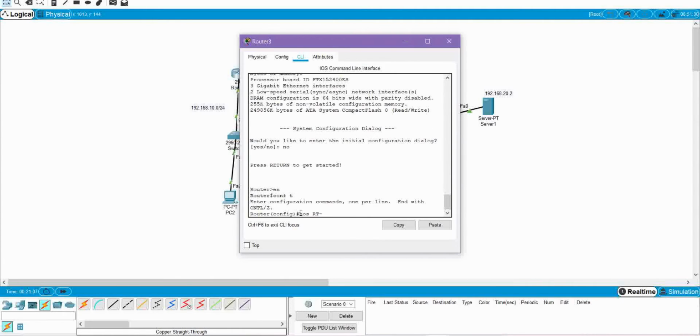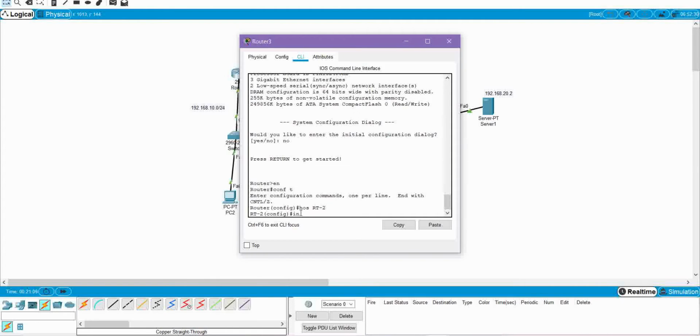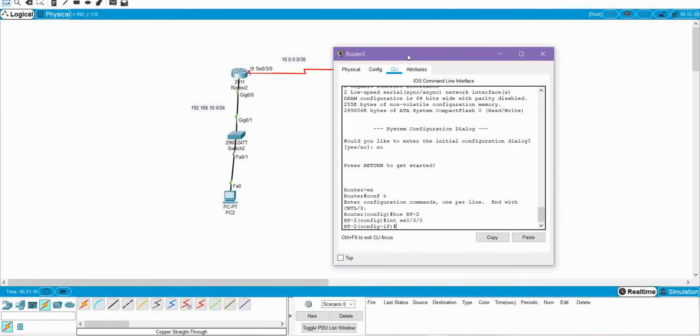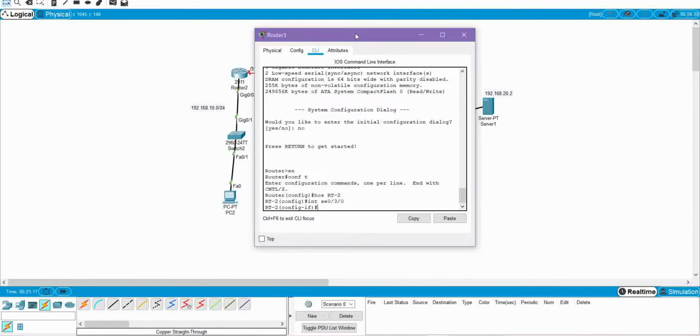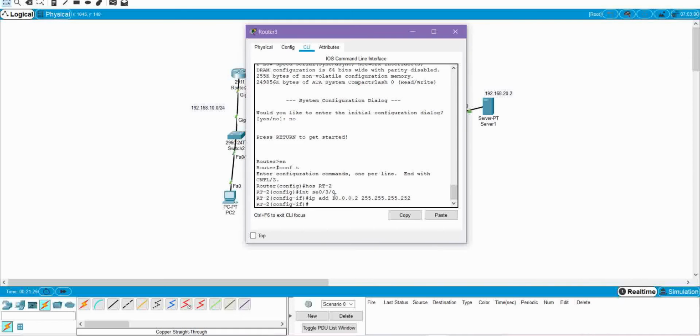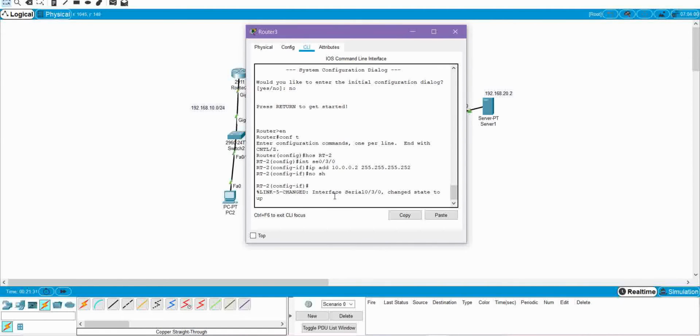Hostname RT2, interface serial 0/3/0. Since there is no clock on this end, we're not going to define any clock rate. We're going to straight away go to IP address, which is 10.0.0.2, 255.255.255.252, and then no shut. As you can see, the state has changed to up,